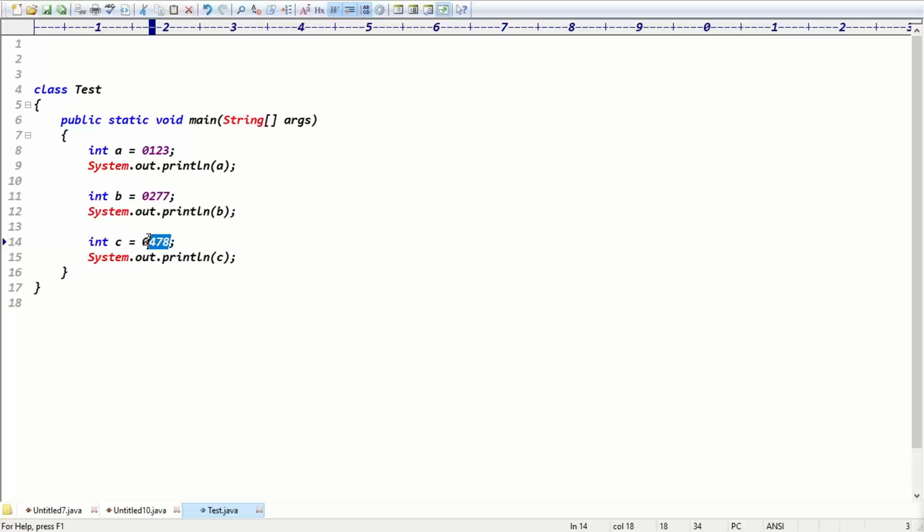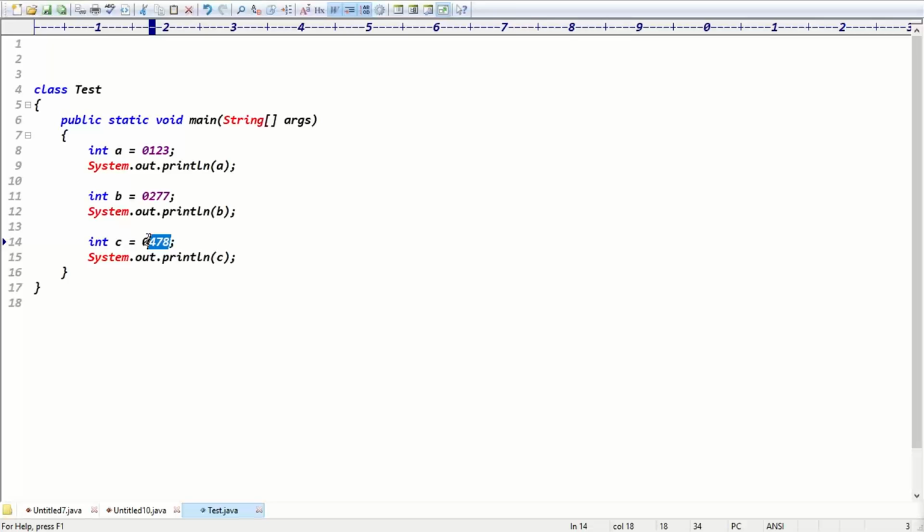Guys, first of all, is that line valid or invalid? 478 is valid or invalid? That is invalid, right? Guys, 478 is invalid because it is an octal number. Octal numbers allow only 0 to 7, right?